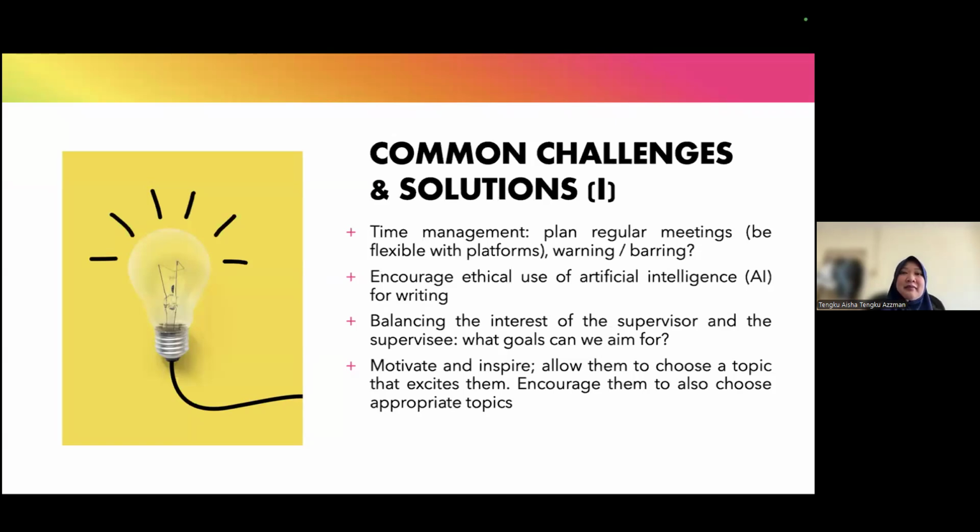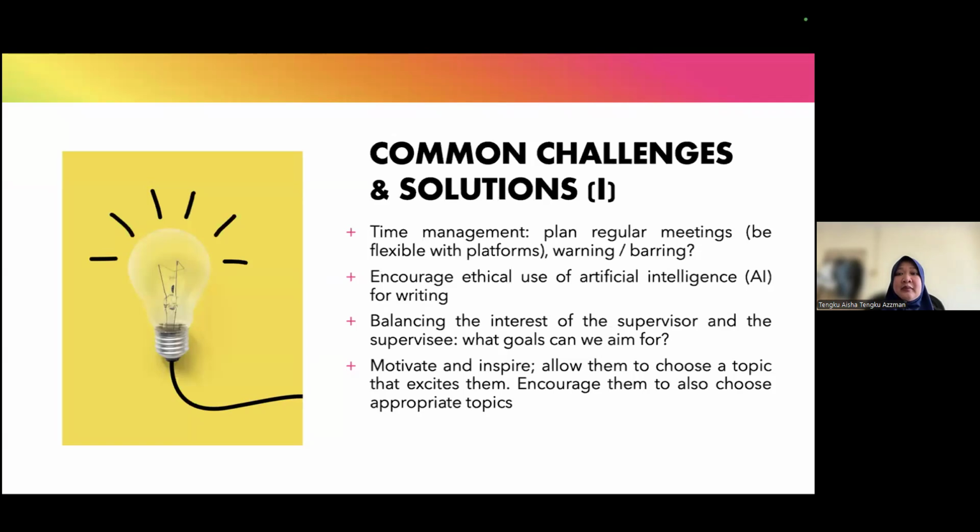So that's how you catch them. In terms of that, you can use your AI, but you have to understand what you're writing. You have to cite the sources. Where did you get this from? So they still have to read journal articles and things like that. You can use AI to structure your ideas, but it has to be supported by evidence. So this is where we teach them to be ethical.